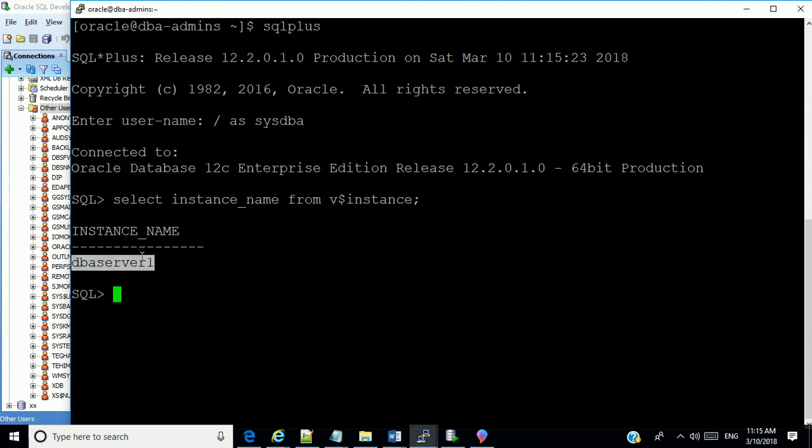It's very important you know what you are connected to, because at times I've seen people who made mistakes and connected to the wrong database and dropped the wrong objects. Instead of connecting to a test or a development database, they connected to a production database and caused damage that cost them their jobs. So you must know what you are doing. These things look simple, but you must connect to the specific database that matters. All right, and now I'm going to shut down this database, because we're going to learn the process of starting up the database step by step.